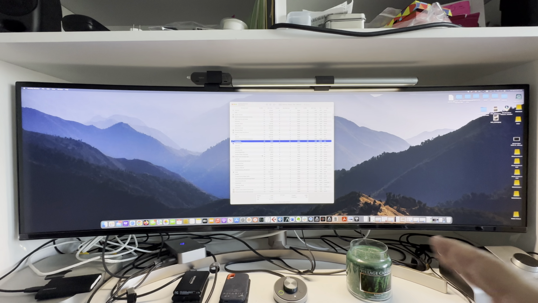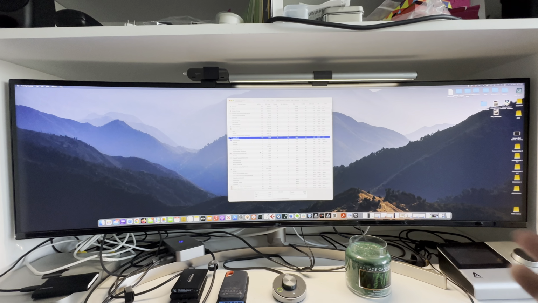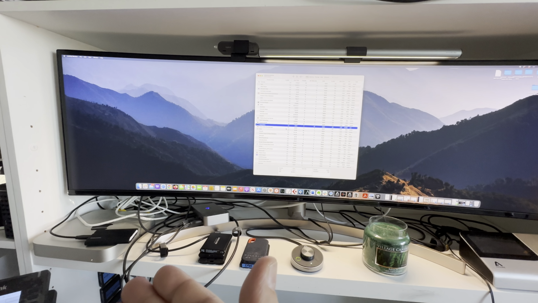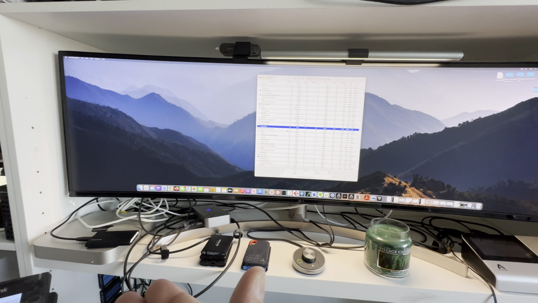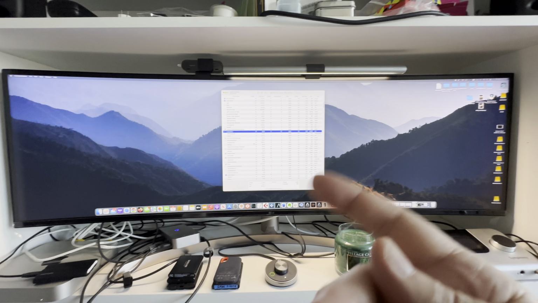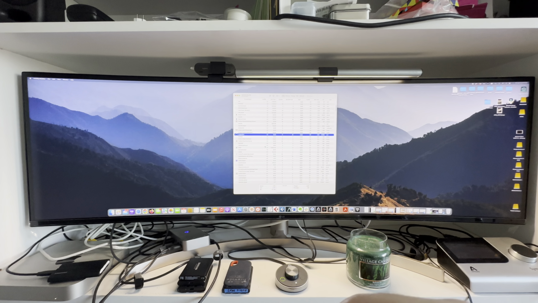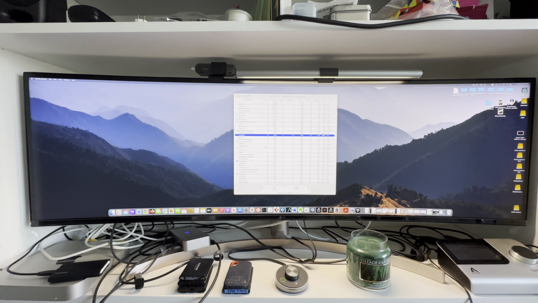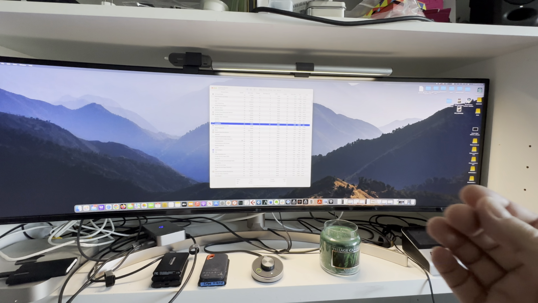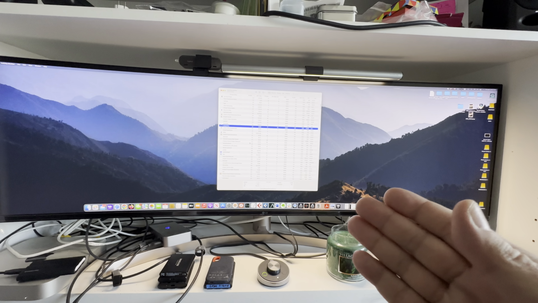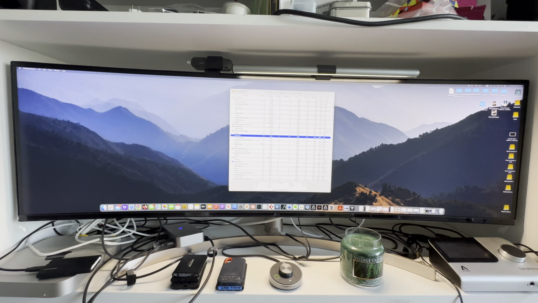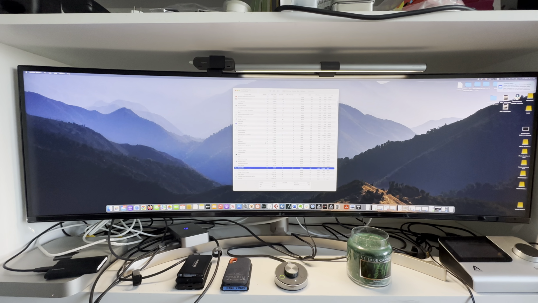Again, by no means, this is still a workflow killer, because if you want to use sound, you have to deal with whatever sound source you have, and the worst one is coming from the Mac Mini little speaker itself. So you're going to have to deal with that kind of noise. In my case, I have the speakers from this LG monitor here, which is awesome. But again, that's not what we bought this for. So it's a good temporary fix until they figure out this issue and solve it. But as of today, which is January 5th, 2024, there is no fix